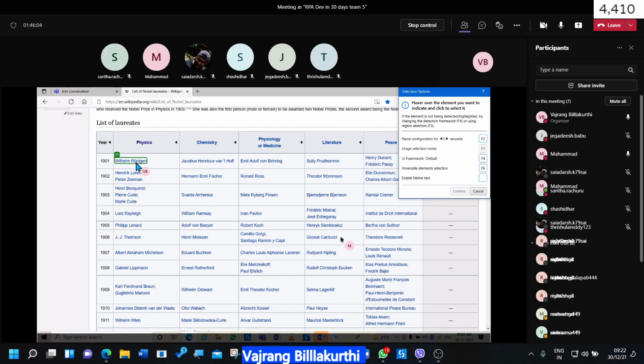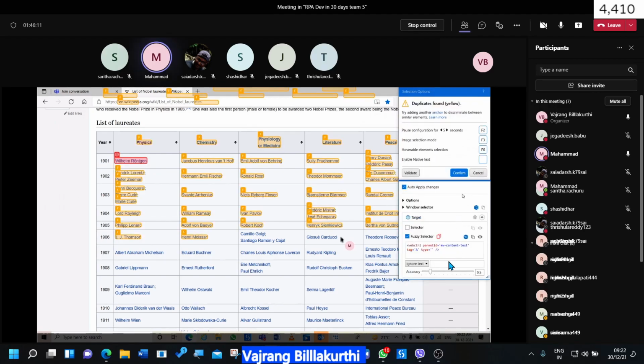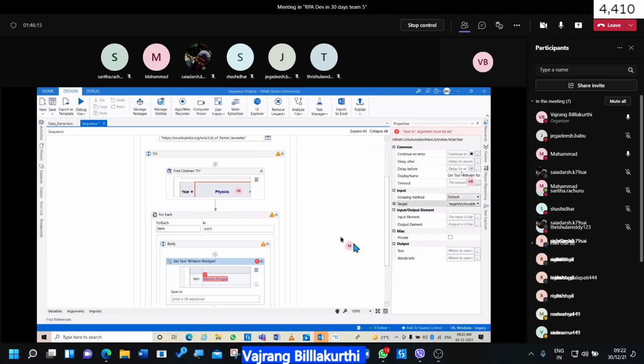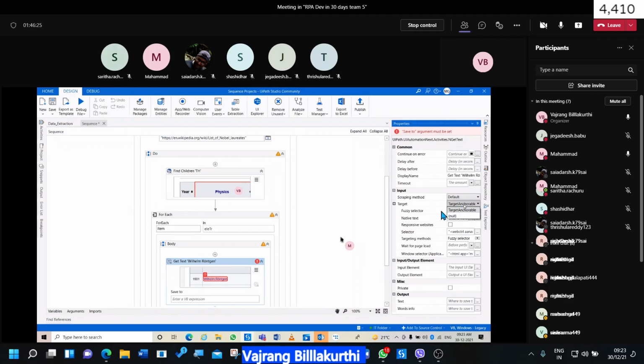Let's pick up some value and click confirm. But here what we need is the target element. Selector, targeting methods for the selector.